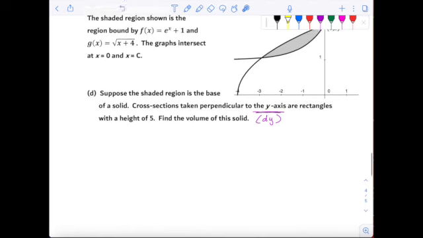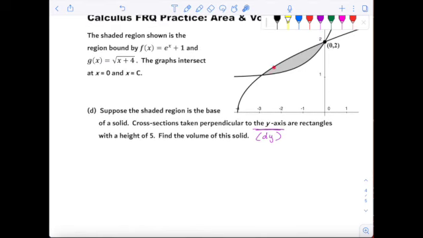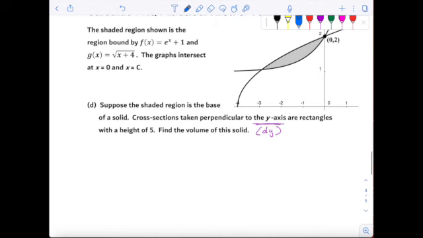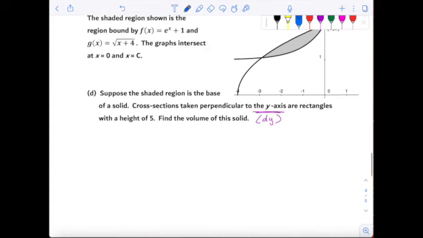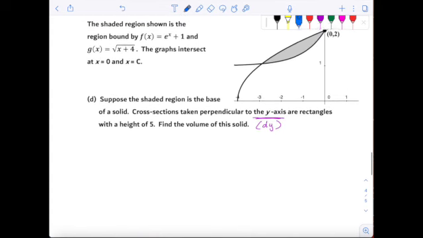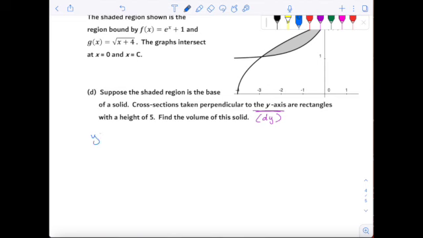So with these here, first, your cross sections are going to be perpendicular to the y-axis, so they're going to be going in this direction. So one thing you're going to have to do is describe that horizontal distance between those. And since this is dy, you're going to have to turn those functions into expressions involving y. So f of x, let's take each one of those here. F of x is e to the x plus 1. So instead of y equals e to the x plus 1,